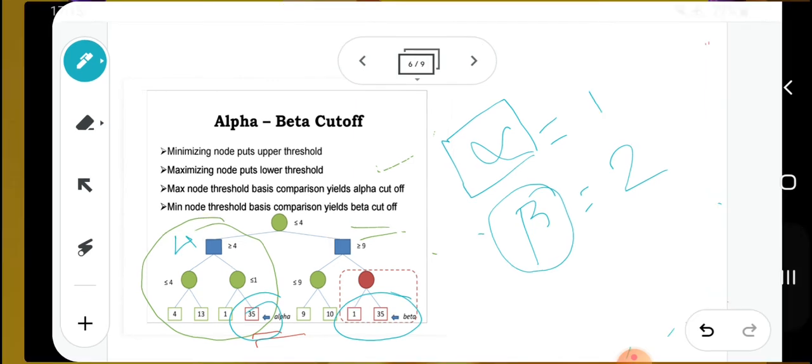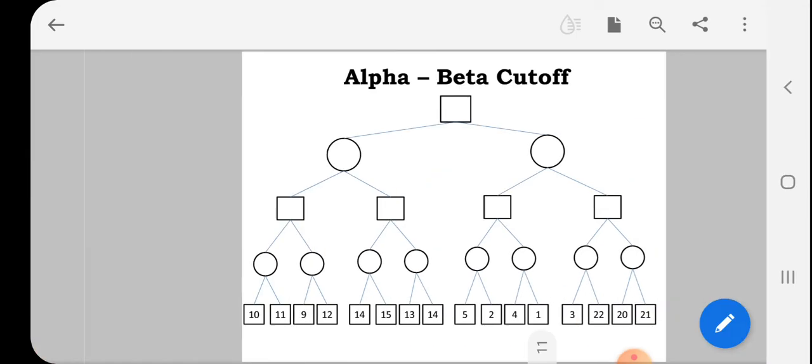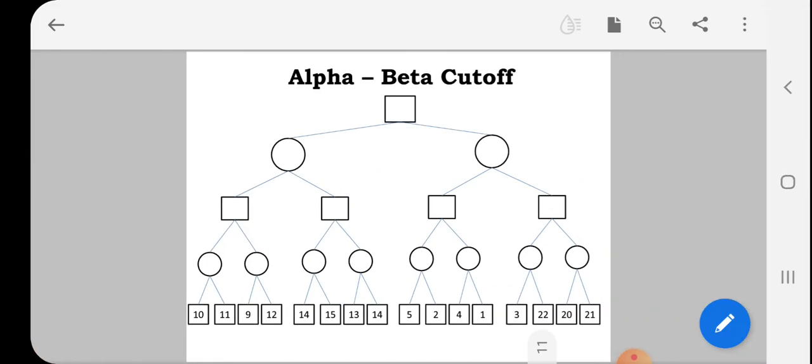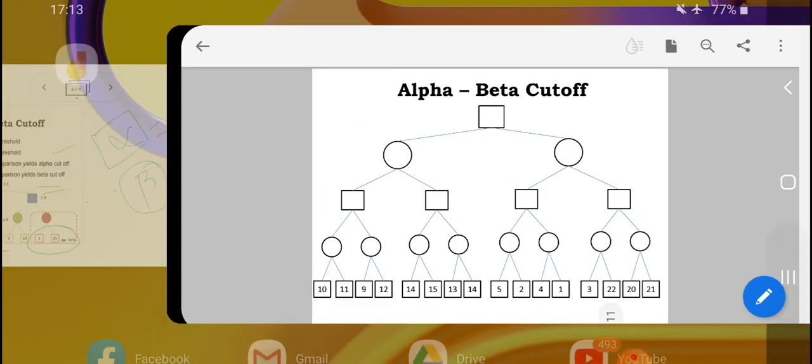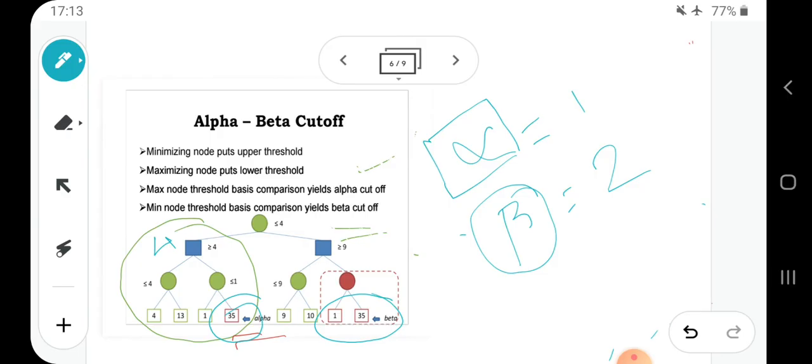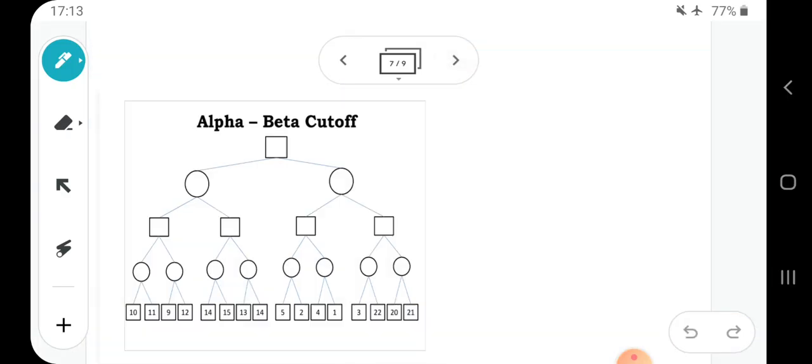Now coming back to the slide, if we move further, here is another example on which we would like to work on, to find out the number of alpha cutoffs and beta cutoffs where the tree is populated with some more number of nodes. So let us see how we can proceed on this particular diagram. So coming to this diagram, as you can see,